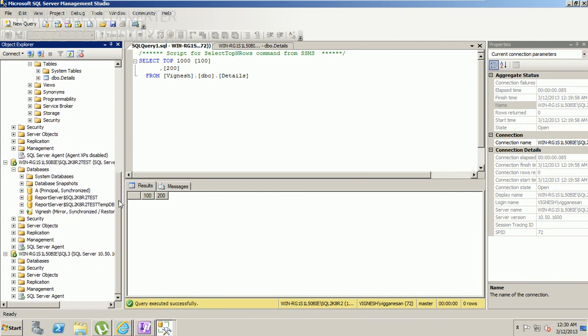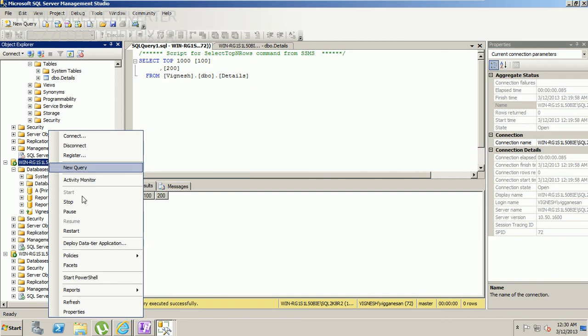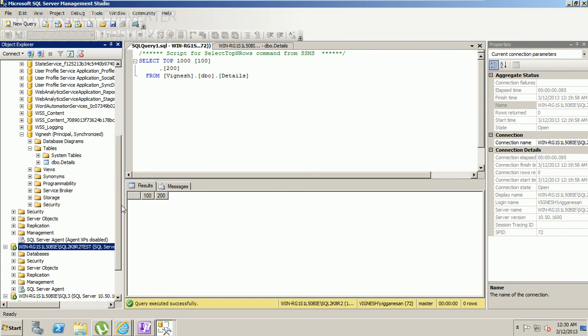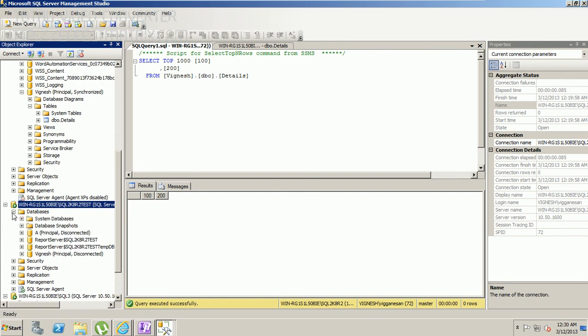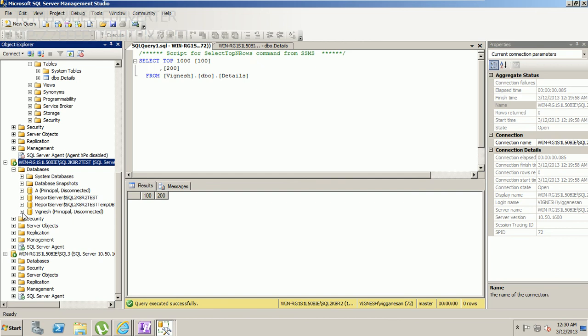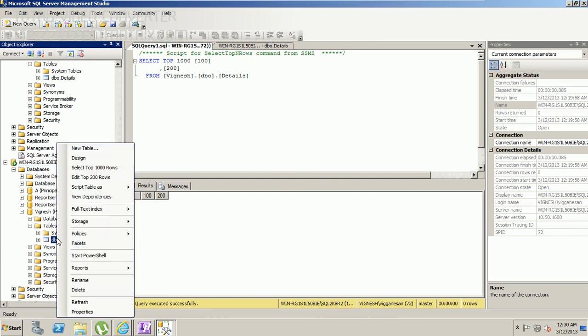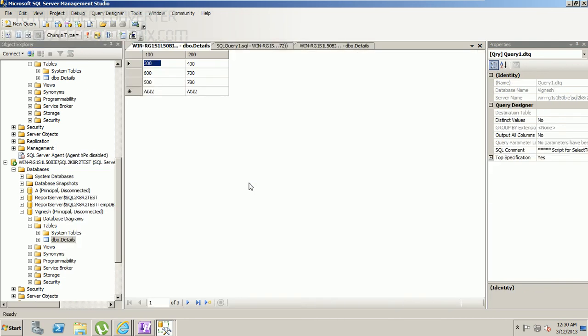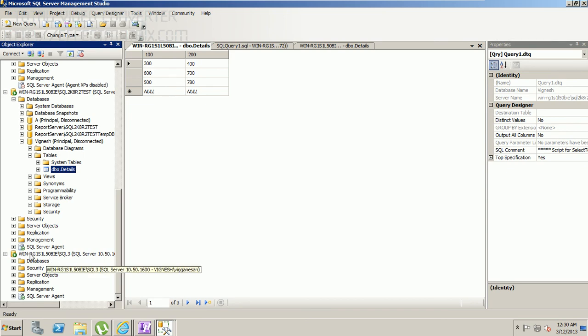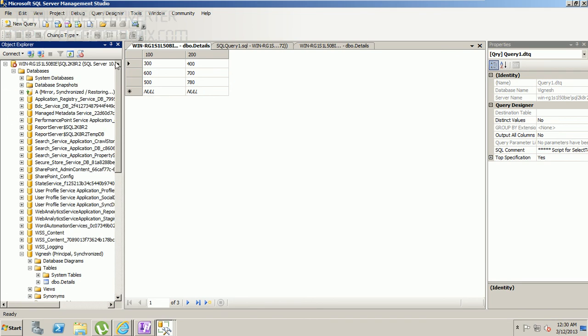So if you go down here, I'm just going to refresh this. Let me refresh it. So now you can see Vignesh is acting as principal. I mean, earlier this was acting as principal, and now if I go ahead and query, just check the tables in this, it is exactly the same as what you saw in the primary instance. So the witness server is the one which helped this to come up and running. So now the users can start connecting to this particular database, since the other one has become offline.